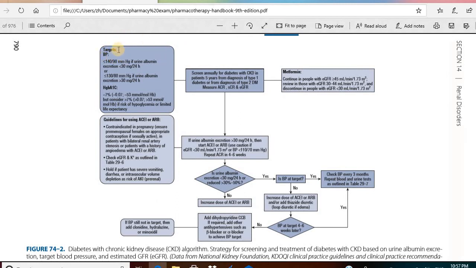So आपका target blood pressure less than 140/90 होना चाहिए. If the urine albumin is less than 30, we have discussed it. और अगर albumin level greater than 130 है तो आपका target urine albumin excretion, okay, same thing है. और HbA1c like